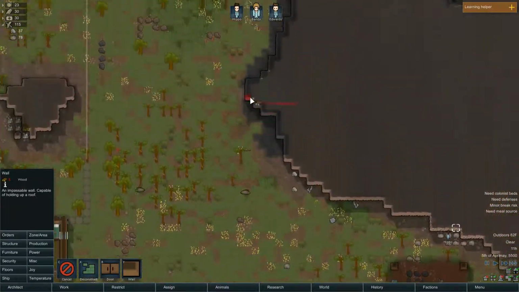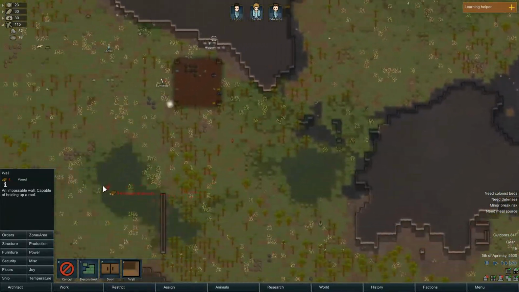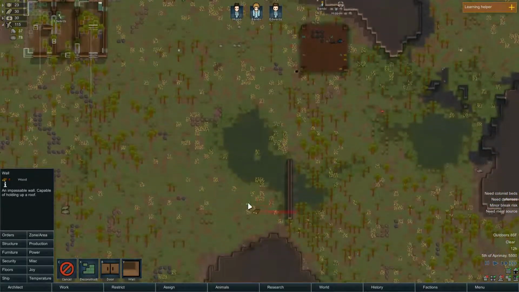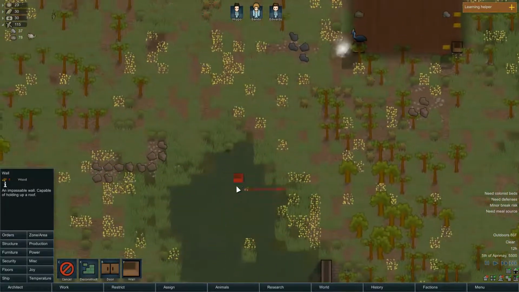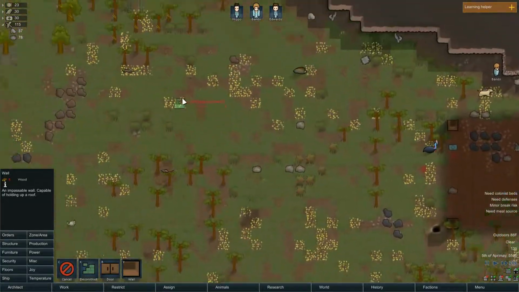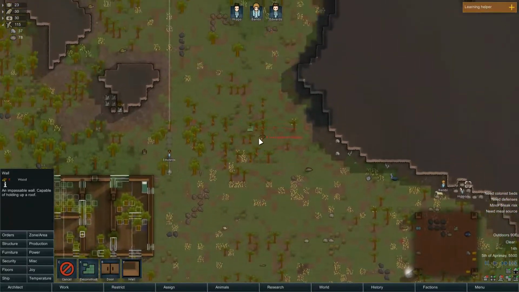What I want, that's going to be where we're going to grow stuff. So maybe we'll do the kitchen kind of area. Can I build on here? No, because that's all moist. Can't build on there. So we kind of want everything to be central right here. Let's go ahead and